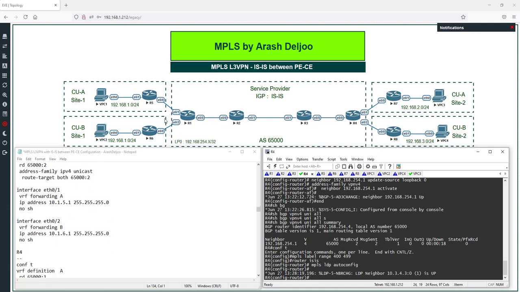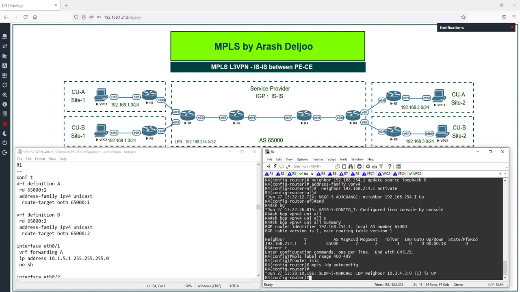Also we have two interfaces, Eth0/1 and Eth0/2. We configured Eth0/1 with vrf forwarding A and the IP address 10.15.5.5 255.255.255.0, no shutdown, and Eth0/2 configured with vrf forwarding B, the IP address is 10.16.6.6 255.255.255.0, no shutdown. Let me copy this configuration